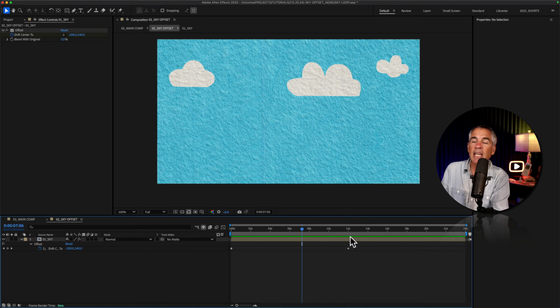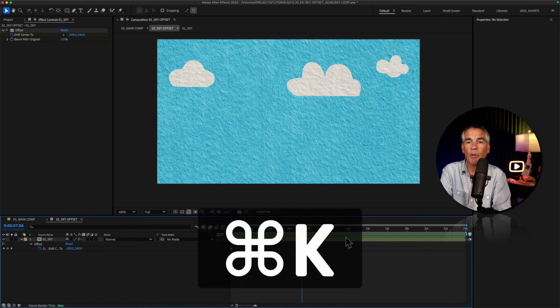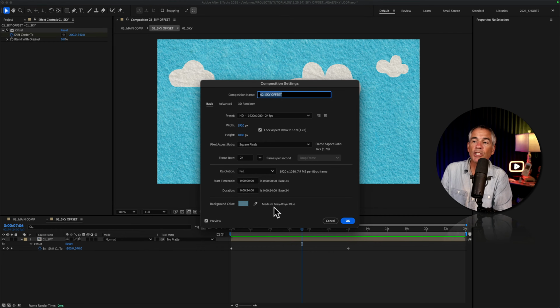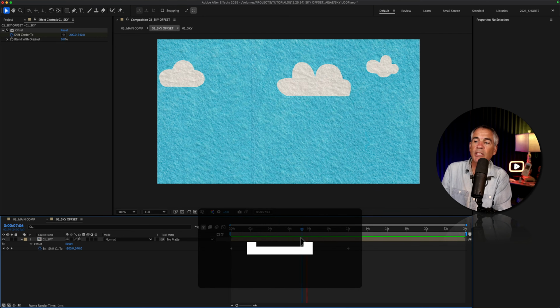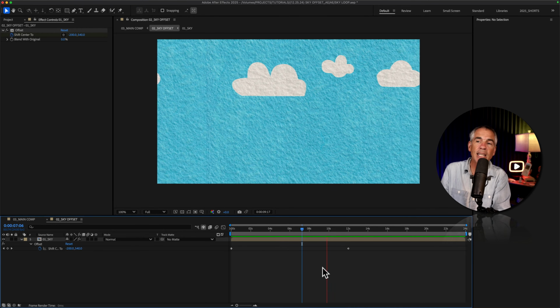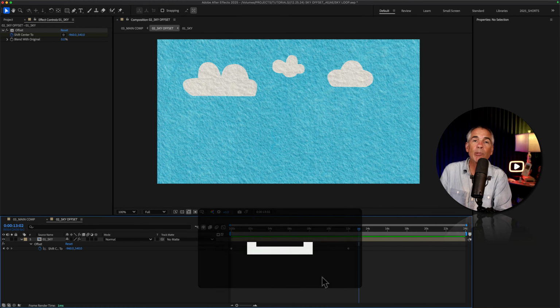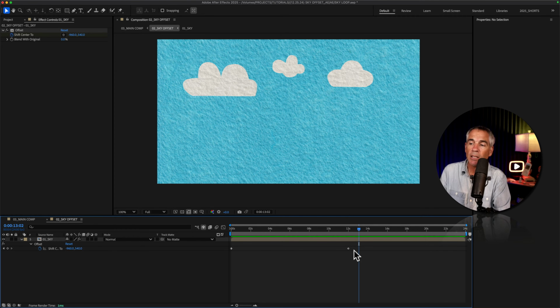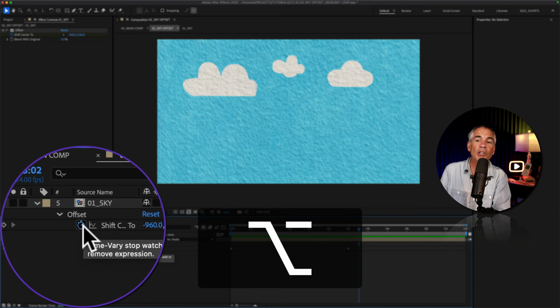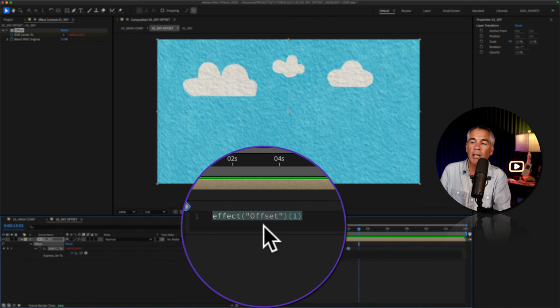Now my second keyframe is at the 12-second mark, but remember my composition duration is 24 seconds. So as soon as the CTI goes past that second keyframe, the animation is going to stop. So if I want to keep looping it for as long as I want, what I'm going to do is press the Option or Alt key, then click on the stopwatch next to the Shift Center 2 property